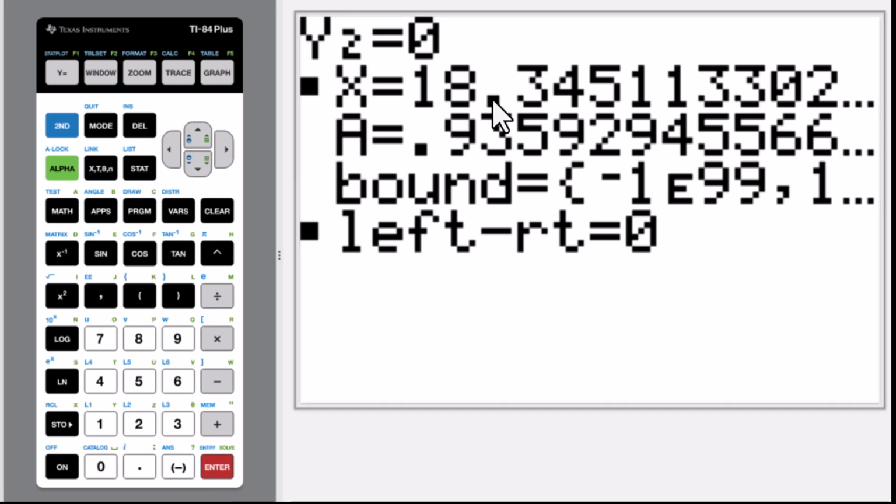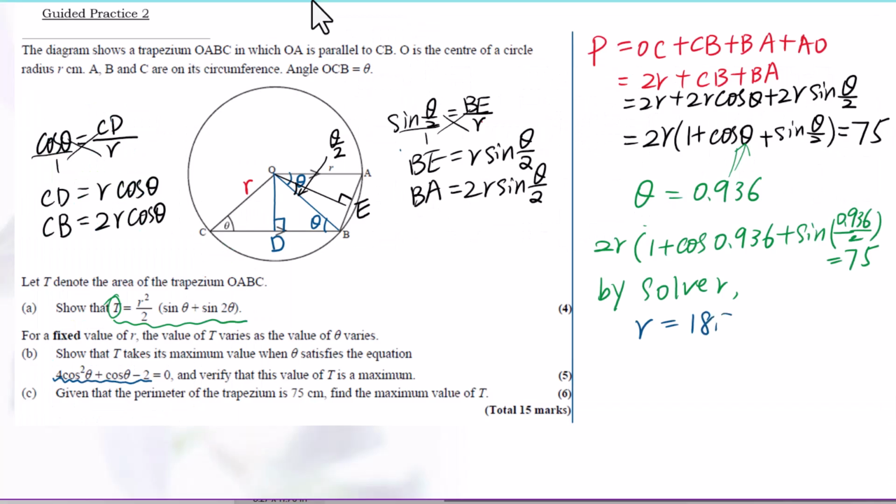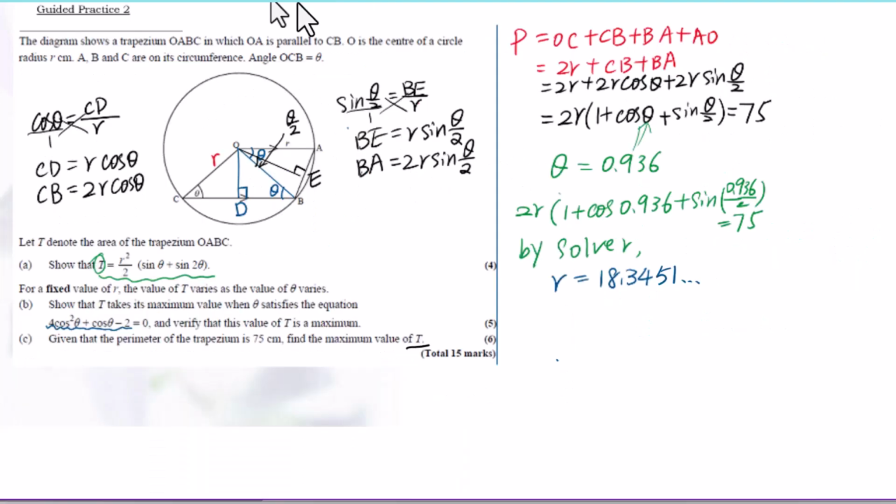We got the value for R, 18.3451. Then we need to substitute these values of theta and R into this function to figure out the maximum